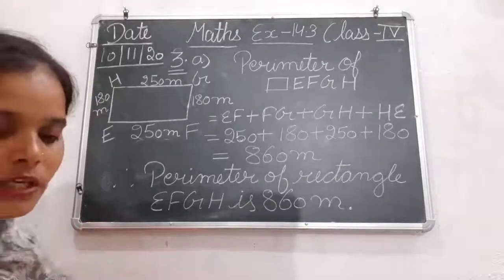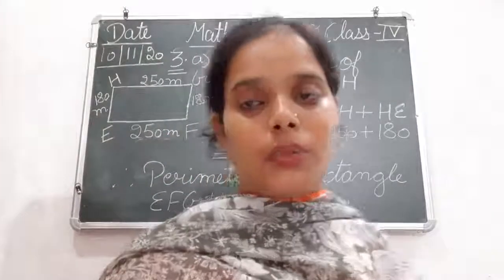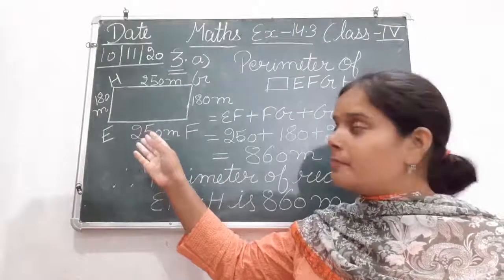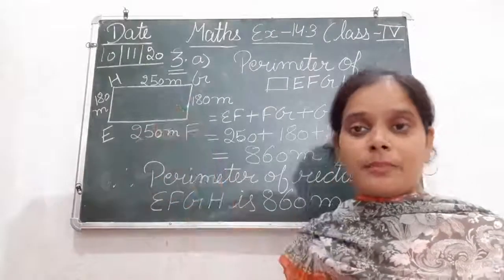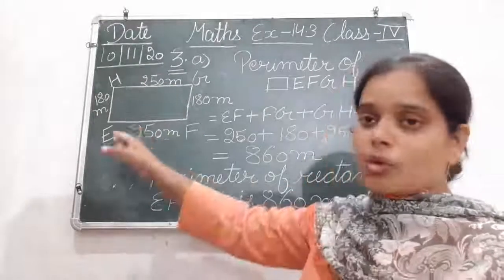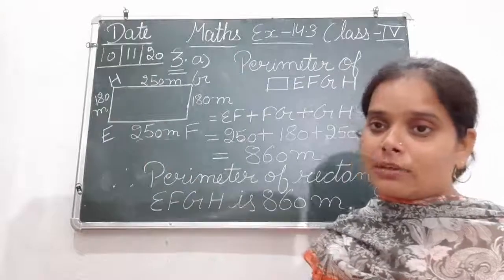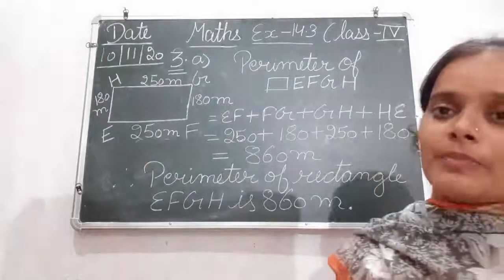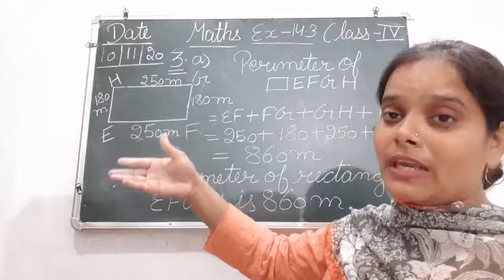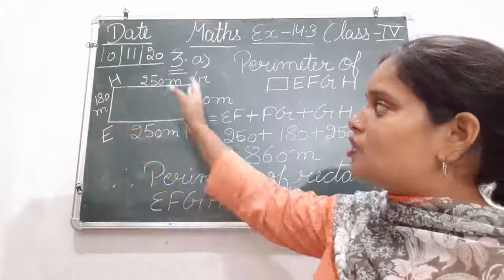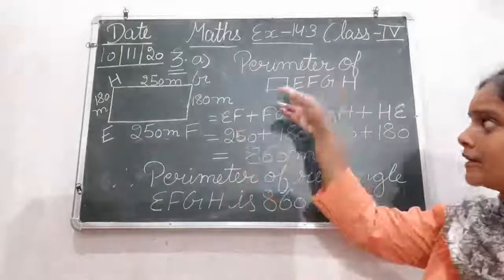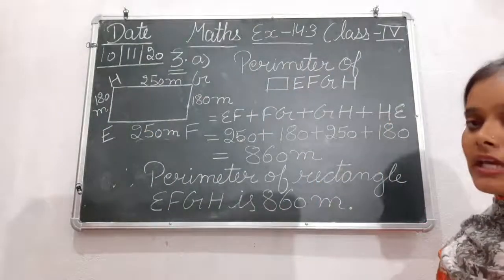तो देखिए एक rectangle की length और breadth दी हुई थी. So first of all we have drawn the figure here, that rectangular shape. Okay, and after that we have written their measurements. So two opposite sides are equal of a rectangle. So दोनों के opposite sides की measurements भी obviously that will be equal. So that's what we have done here. After that we have given it a name. So next is that we have named the figure, that is EFGH. Okay. After that we have applied the formula that how to find the perimeter of the rectangle EFGH.